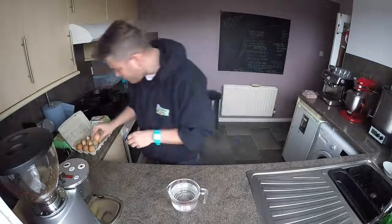If you eat a piece of meat that's past its use by and you get food poisoning, it's your own fault. Okay, that's it. But eggs have a best before on. So if you eat something past its best before and you get food poisoning, that isn't your fault really. So eggs can be dangerous. If you eat them past the date on them, you can get food poisoning. In my opinion, eggs should have a use by date on, and then you should throw them out after that,